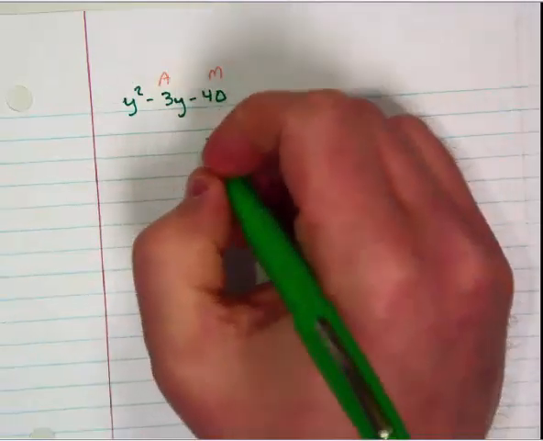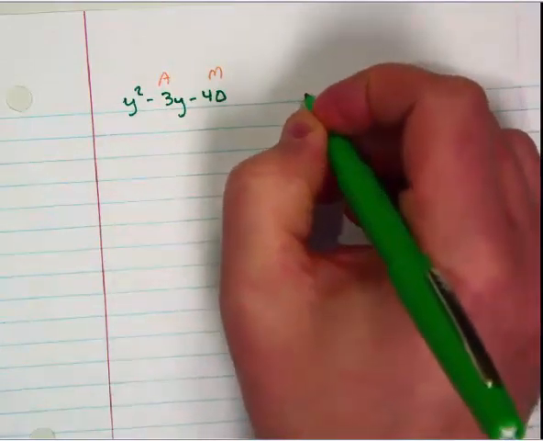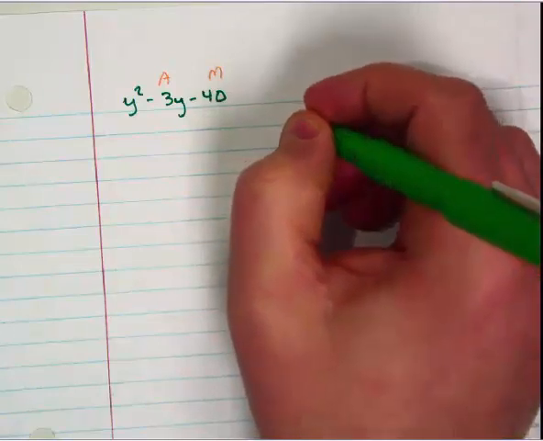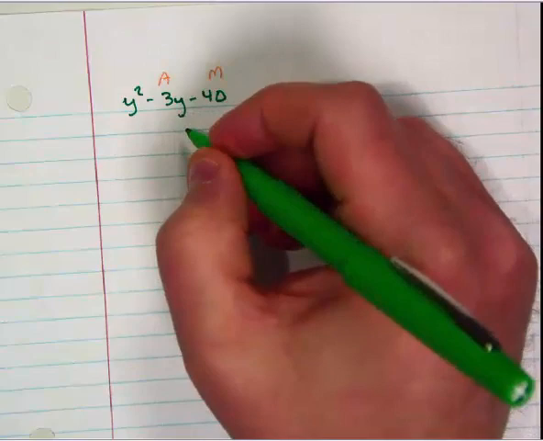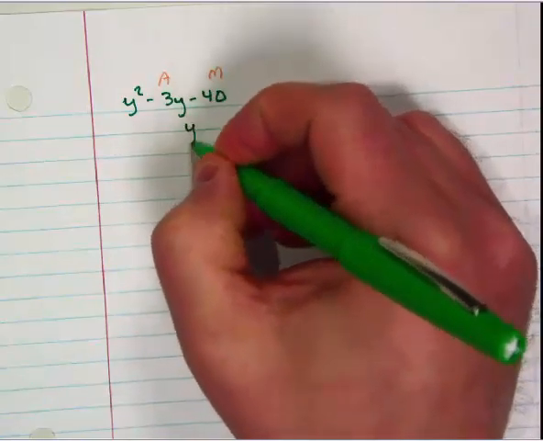Okay. Numbers that multiply to negative 40 are 1 and negative 40, 2 and negative 20, 4 and negative 10, 5 and negative 8, and that's it. So then all the opposites of that. 5 and 8 are 3 apart, so those are the ones I want. So this would be y